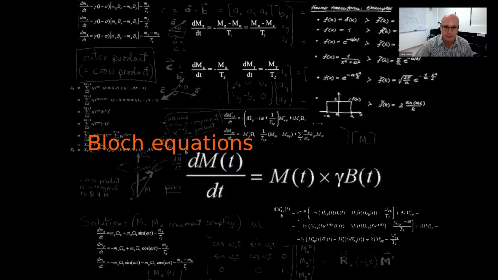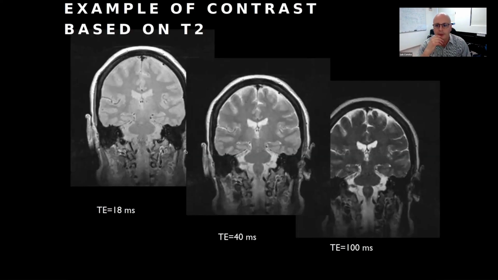Now, going back to simple images, we can see that if we play with our pulse sequences, and if we play with the parameters of the pulse sequence, we can obtain incredibly different contrasts in images. So here I am showing you three different images that are acquired with a particular pulse sequence, changing just one parameter that's called echo time, and we use the acronym TE, TE in English as well as in Spanish. Just by changing this echo time, we can obtain an image that has very different characteristics,